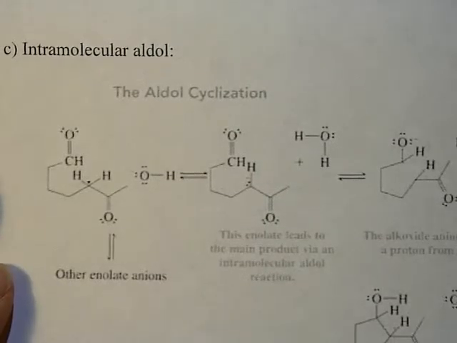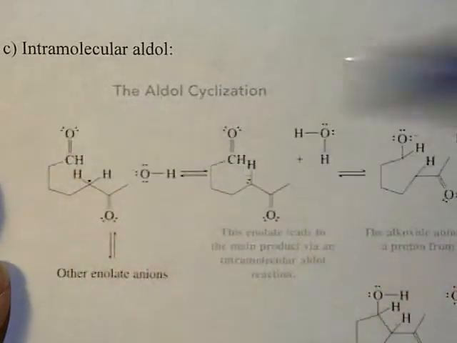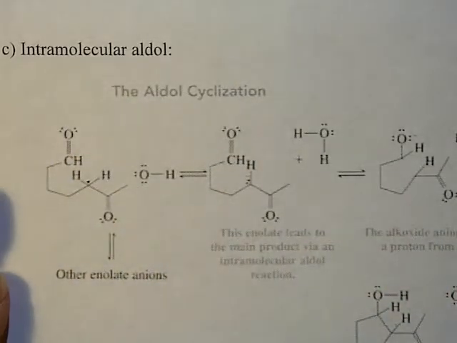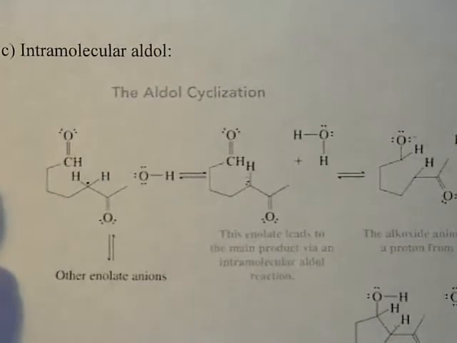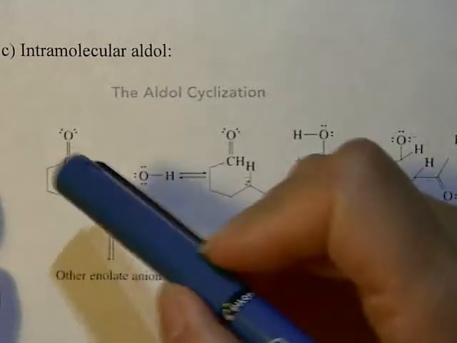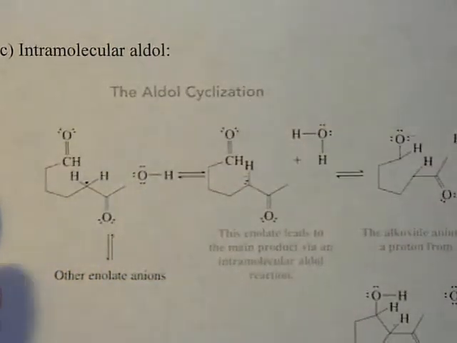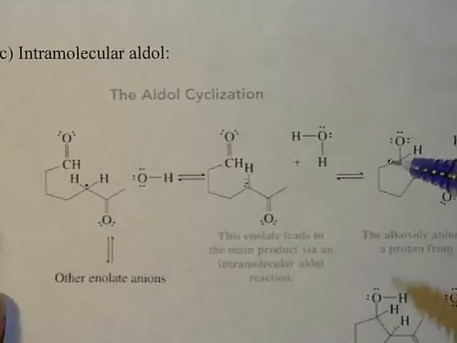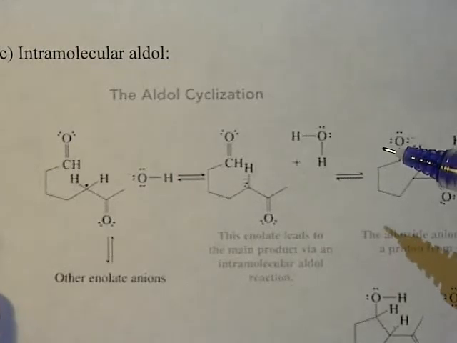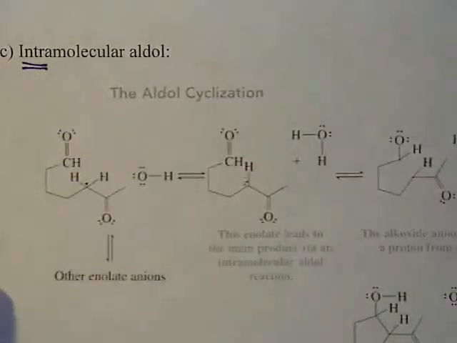Compounds that contain carbonyl functional groups, all in one molecule, like in this example, will do an intramolecular aldol reaction. So this is an example of a 1, 2, 3, 4, 5, 6, 7 carbon chain. One has an aldehyde and the other is a ketone. And when you're considering where to start in an intramolecular reaction, you're doing the same reaction that you've seen before,